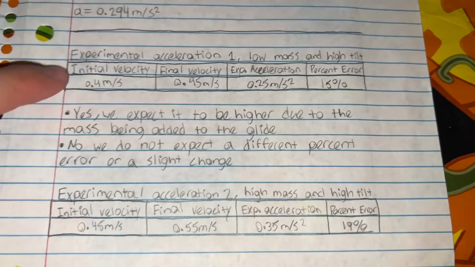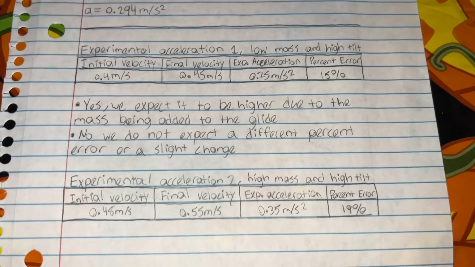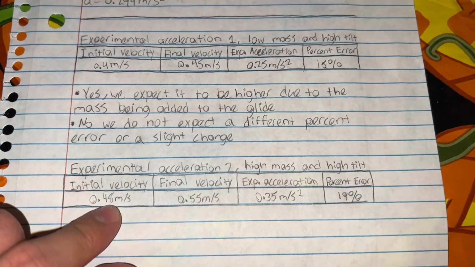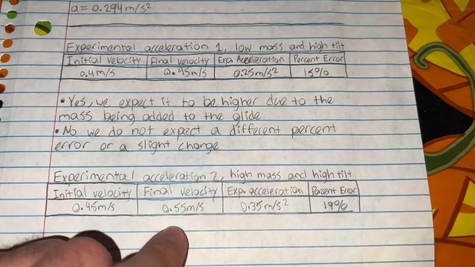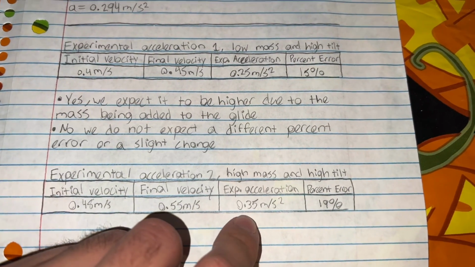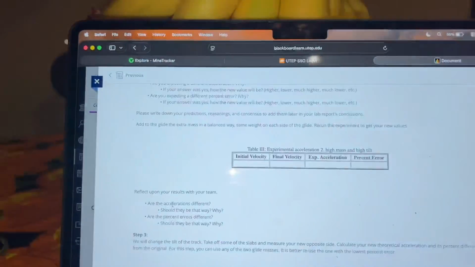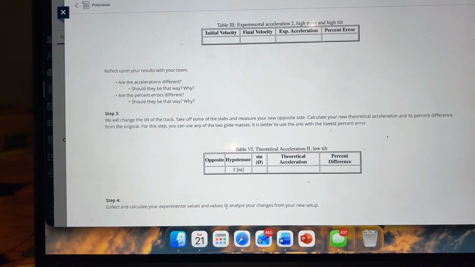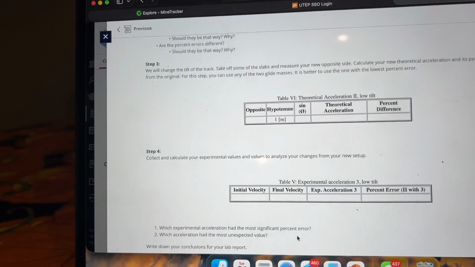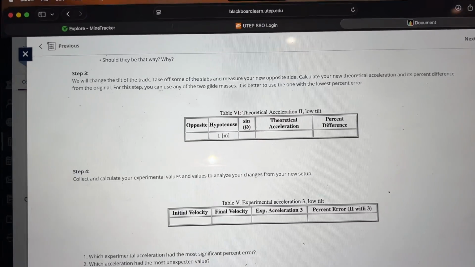So compared to these values together, we were able to determine that as well. Our initial velocity was 0.48 meters per second, 0.55 meters per second. Our acceleration was 0.35 meters per second squared, and then 19% error. Then we went ahead to the third step of our experiment, which is using a theoretical